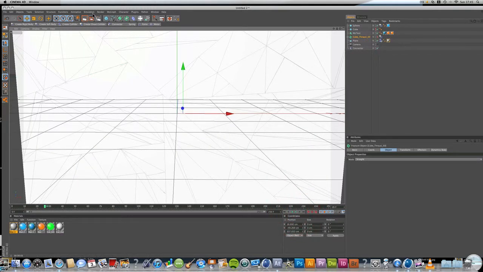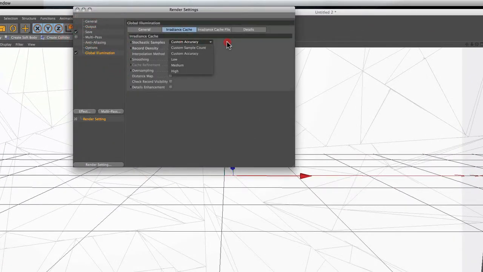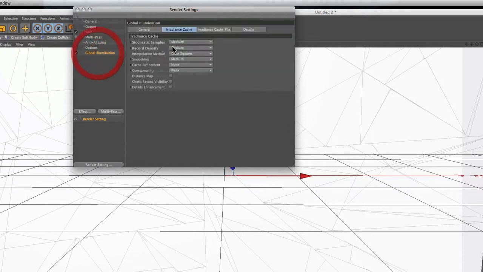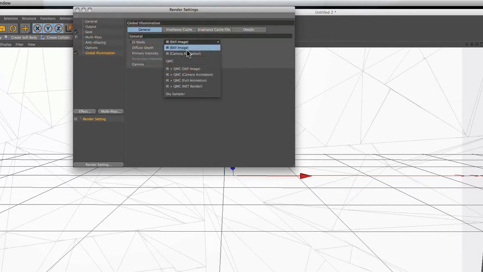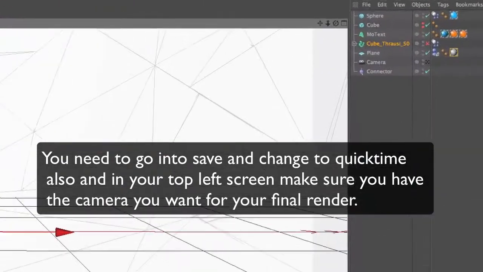Before you end it actually, just change your global illumination settings up, maybe to low or medium, depending on how fast your computer is, and same with this. And I definitely recommend turning this from geometry to best, and maybe turn this to 2x2 or 4x4, onto 4x4, and then turning this to that. And turn that to animation, just to make it a bit better. I just need to mention, if you go into general here, you want camera animation. So, just going to check all my settings, and that looks good to me. So, if you just click render,